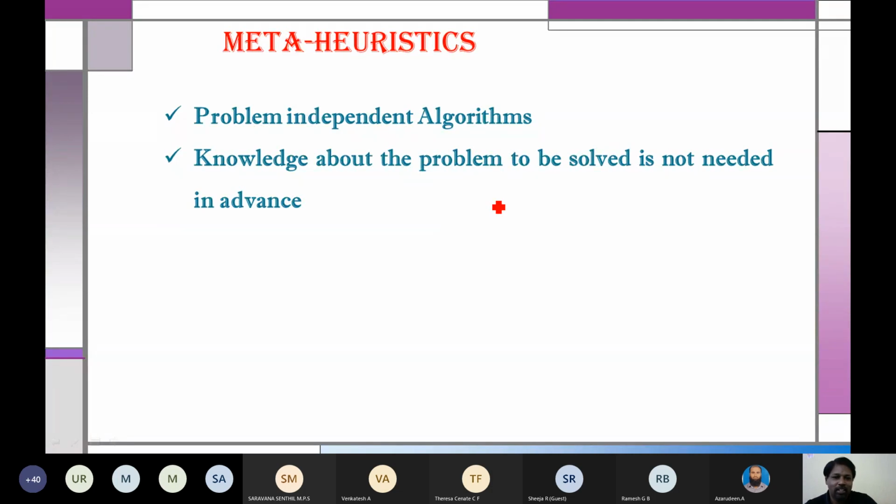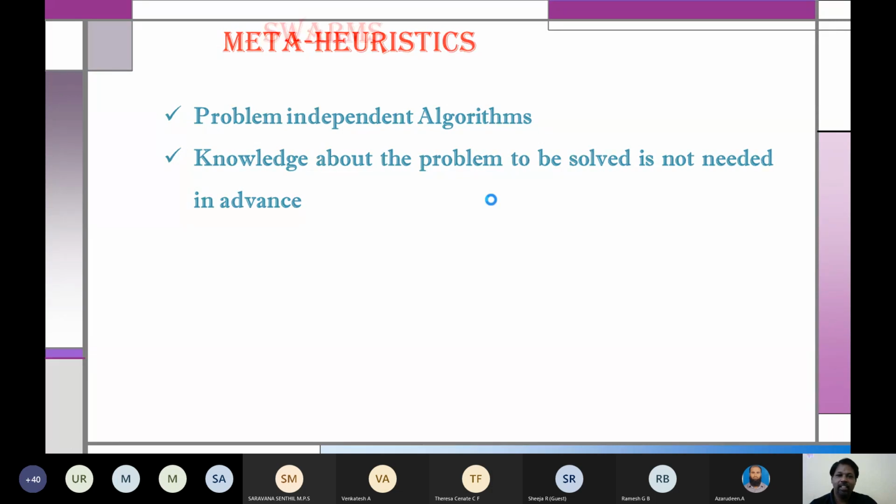Okay, so for writing the code, for example, when you go to the MathWorks File Exchange and you are downloading the codes, you can see certain codes are written with respect to that algorithm. That means with respect to that problem. So it will work for that problem, but if you try to edit it for our problem, it won't work. So it's actually problem dependent. They wrote exactly for that. But there are certain things where the optimization code will be running in one file, and our code will be in another file. So it is problem independent. So whichever you want, you can incorporate inside that. Okay, so that is the advantage of having meta-heuristic algorithm.